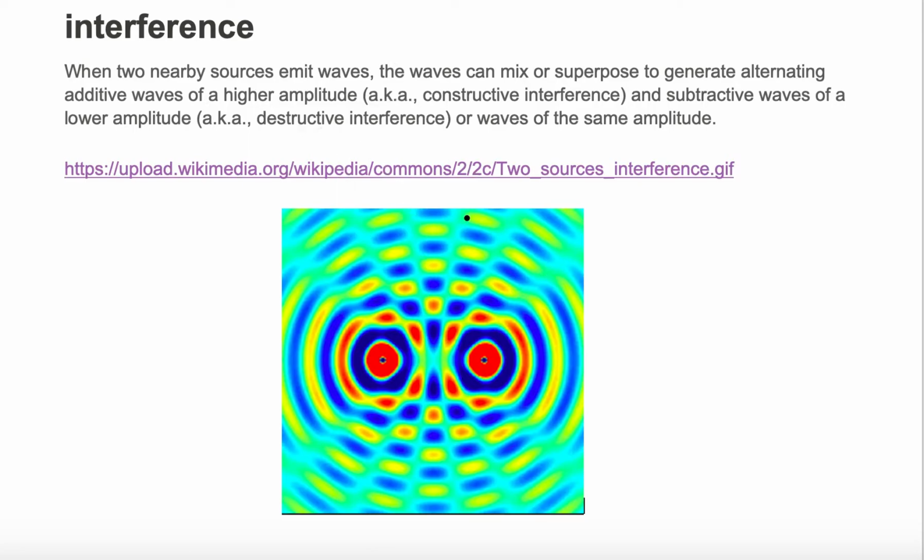Now you can have the opposite, constructive interference. And whenever you see these alternating fringes around the destructive interference, those are your constructive interferences. So let's take a look at this animation and see if you can follow along with the constructive and